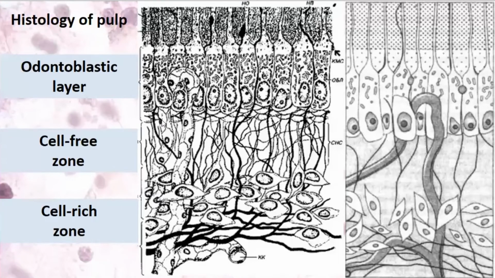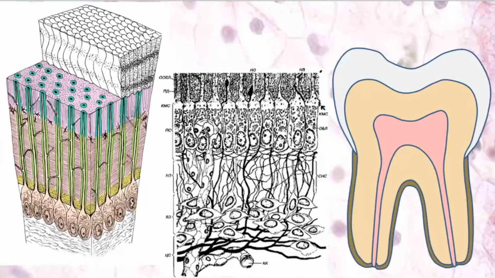And pulp has three layers. The peripheral layer, or peripheral zone, is called the odontoblastic layer, which contains cell bodies of odontoblasts. Next, the deeper zone is the cell-free zone. It's loose fibrous connective tissue, which is free of cells. And the central zone is the cell-rich zone, which contains numerous fibroblasts, and blood vessels and nerves are present here too. And here we can see pulp, there are blood vessels, nerves, and cell bodies of odontoblasts are found here